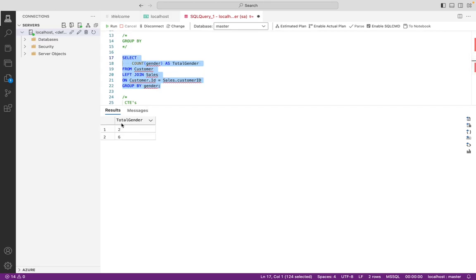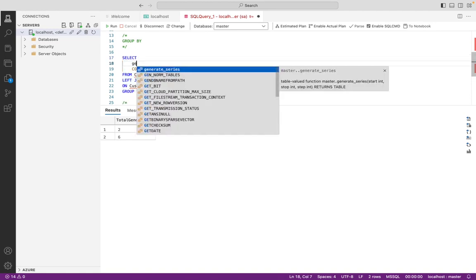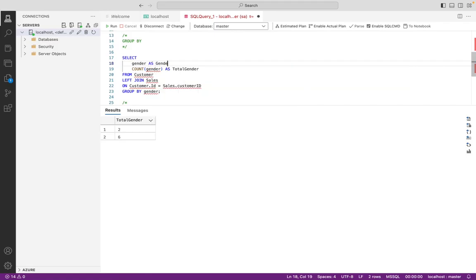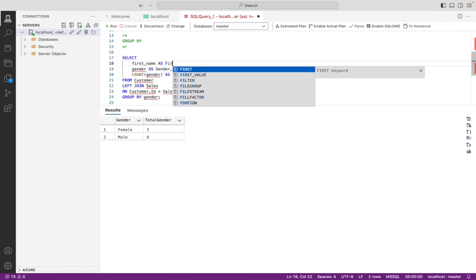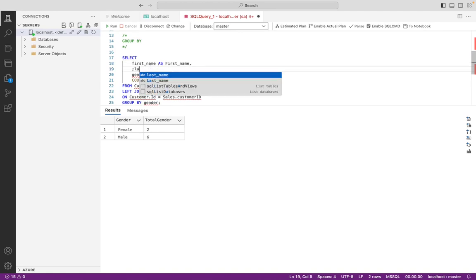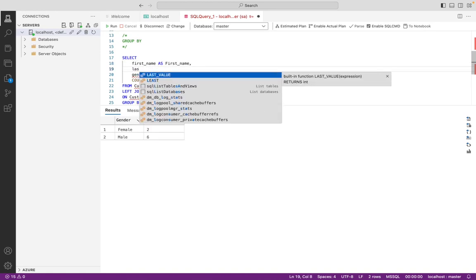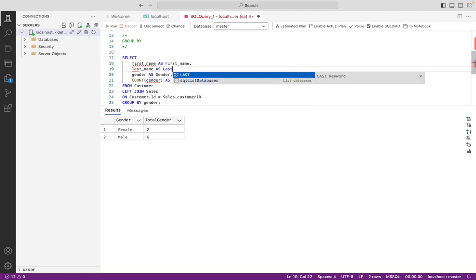So you can see that here it's telling us total gender, which is 2 and 6. So we might want to get more clarity over the data, and then we add our gender as gender here, and then we run this again, and then we get to see that female appears twice and male appears 6 times. Now if we go ahead and include first name as first name, and then last name as last name,